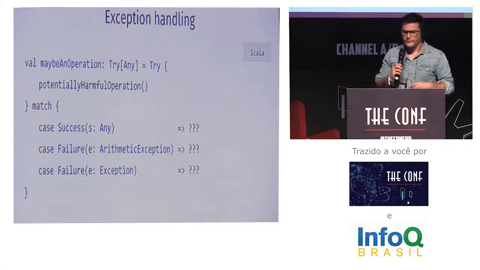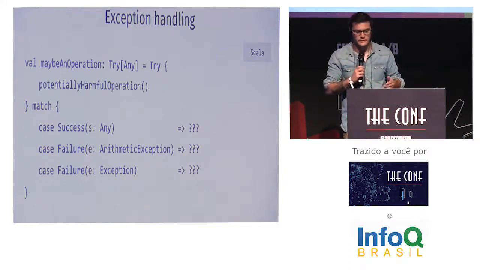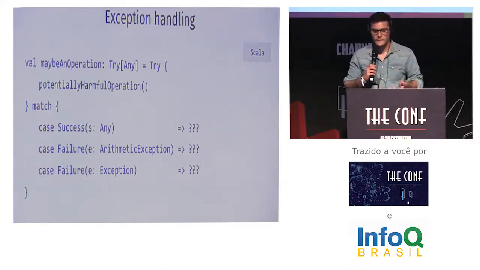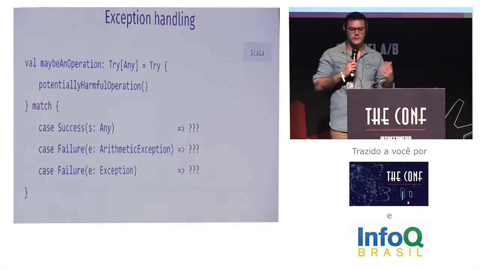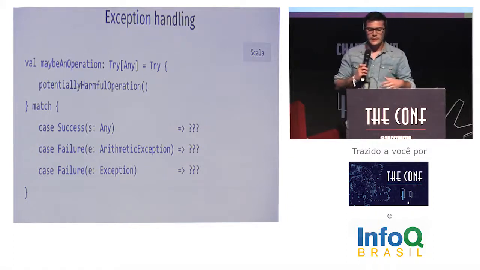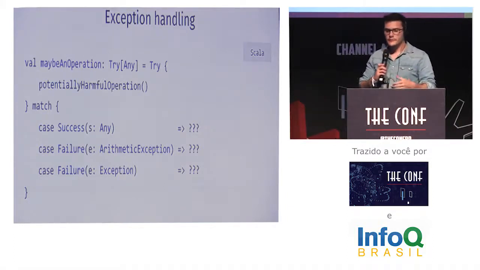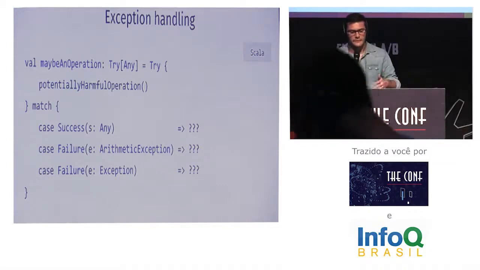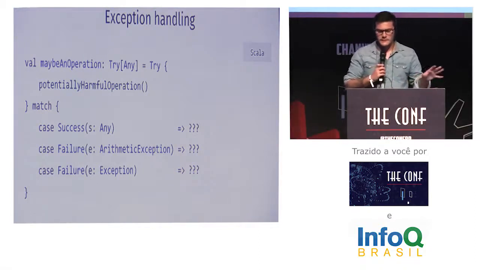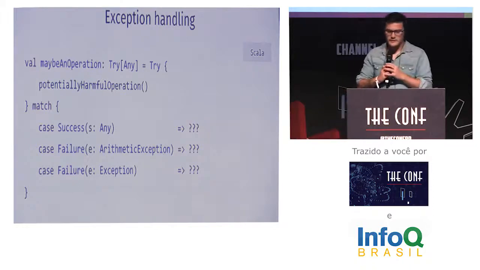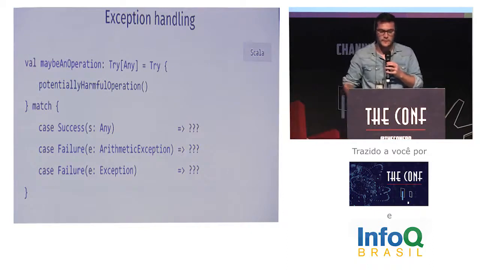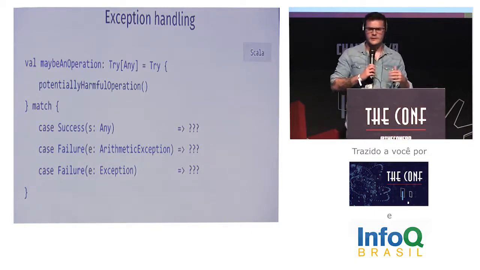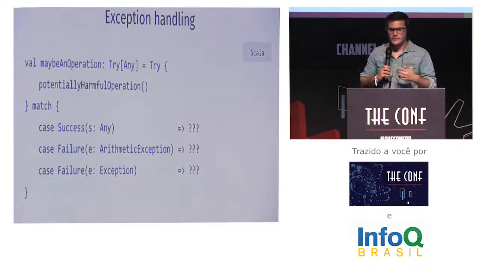Another more general form of this pattern is to catch exceptions in a monadic way. So we can even use the try monad to wrap executions that might throw exceptions, and use its identity to handle different exceptions based on the type it returns. This may, at first, not seem too much different from a traditional try-catch statement, but let's explore a little bit deeper to see how we can use this monadic try in more powerful ways than just a try-catch.